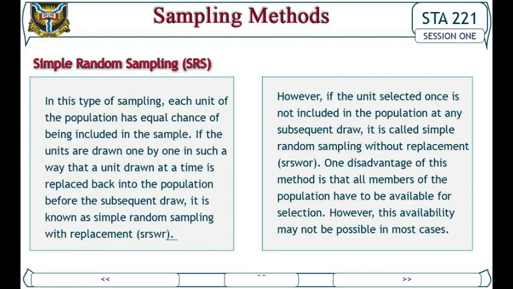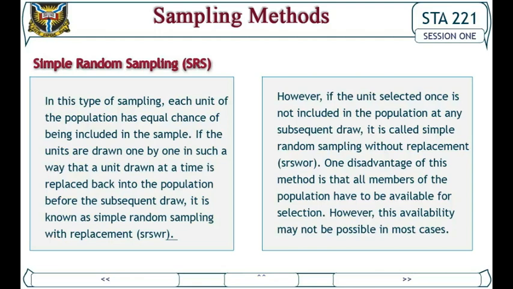Simple random sampling (SRS). In this type of sampling, each unit of the population has equal chance of being included in the sample. If the units are drawn one by one in such a way that a unit drawn at a time is replaced back into the population before the subsequent draw, it is known as simple random sampling with replacement, SRSWR. However, if the unit selected once is not included in the population at any subsequent draw, it is called simple random sampling without replacement,